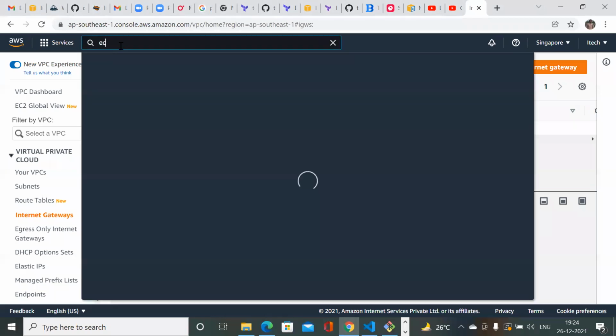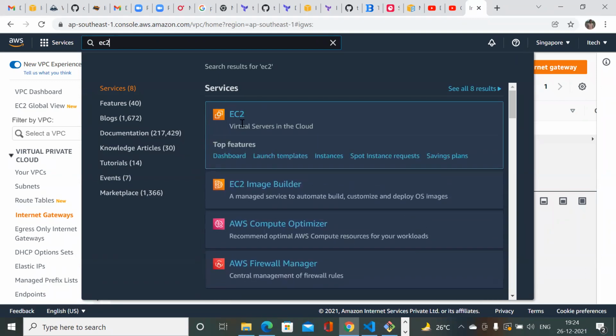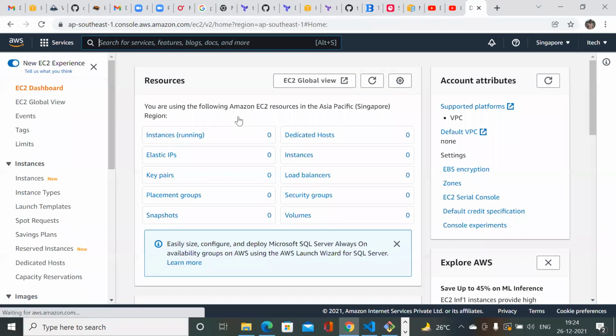So just search for EC2. Automatically we'll get the prompt with EC2, and we have to click on it. It will navigate to the EC2 dashboard. Once you navigate to the dashboard, we can see a lot of features.